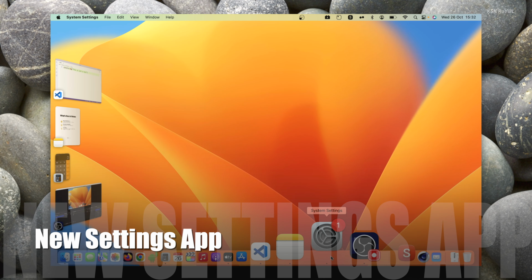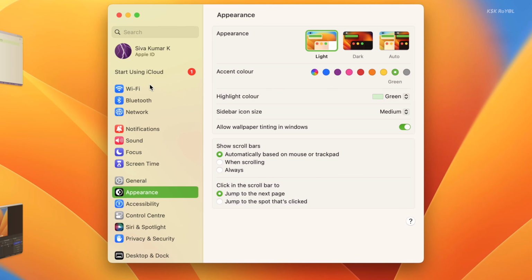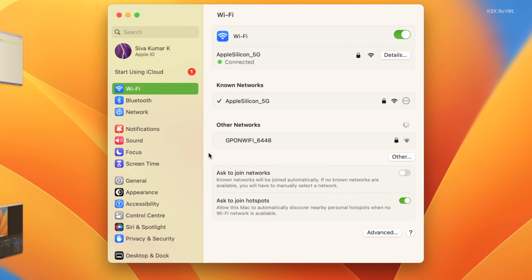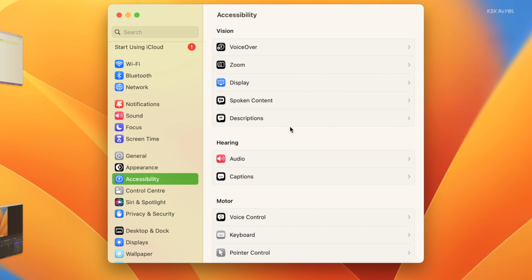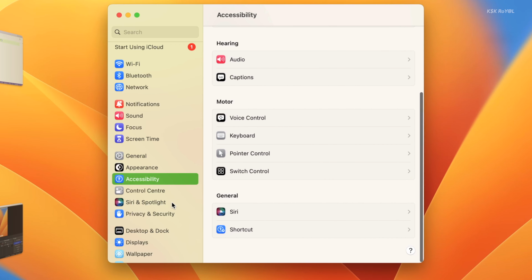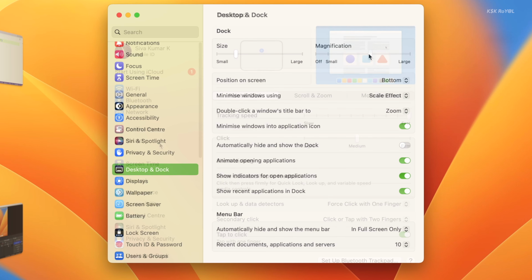System Preferences has been renamed as Settings. It brings a new sidebar design which looks familiar to iPhone and iPad and makes it easier than ever to navigate settings and configure your Mac. If you're an iPad user, you will easily get started using the Settings application. I guess the grid layout in macOS Monterey was quite easy to navigate across the application, but still it takes some time to adapt to the new Settings application.